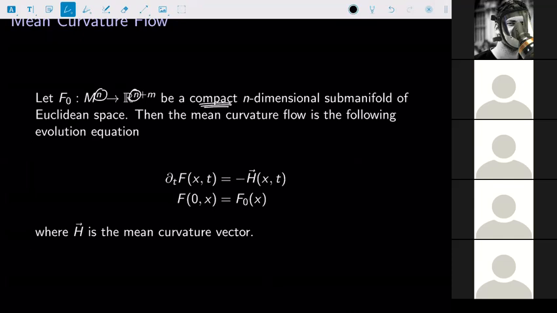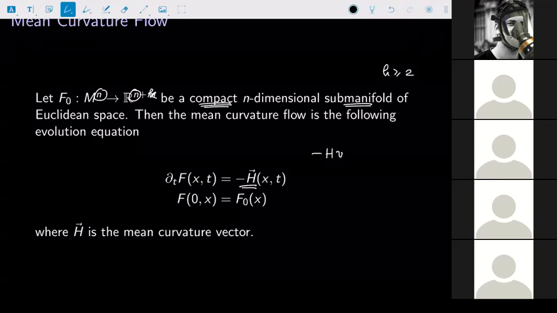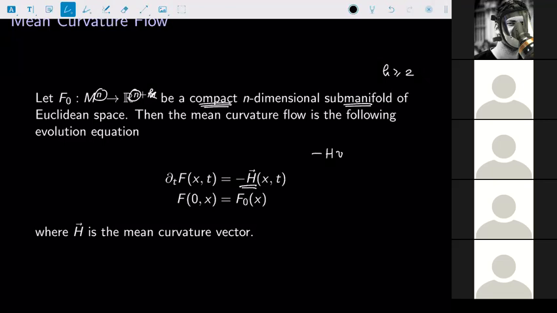Then, of course, the mean curvature flow is the following evolution equation here: partial t f xt, and here just notice it's going to be minus H x dot t. So usually, of course, when you're in codimension 1, you simply write here H nu, and you take nu to be the outward normal, and you take H to be the mean curvature function. But of course here, since we are actually considering a submanifold, and here usually we want to consider k greater than or equal to 2, so this should actually be equal to k. We're actually considering high codimension.